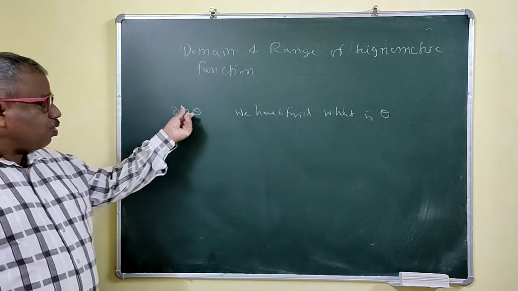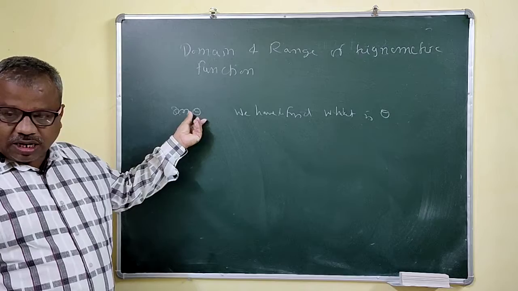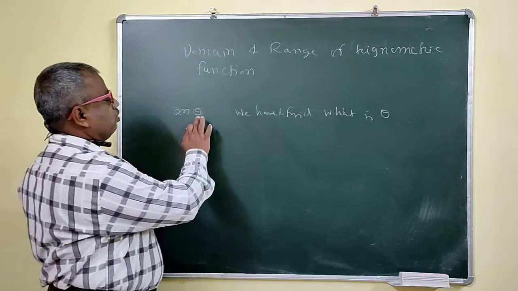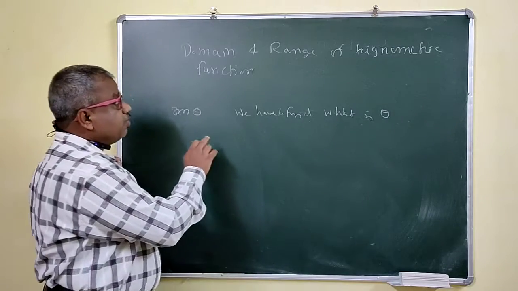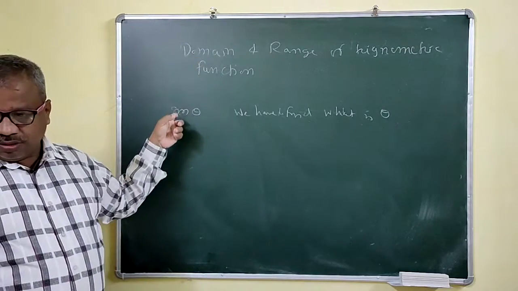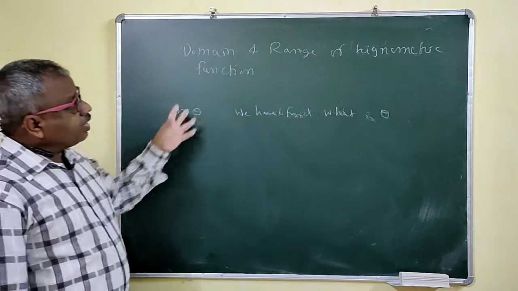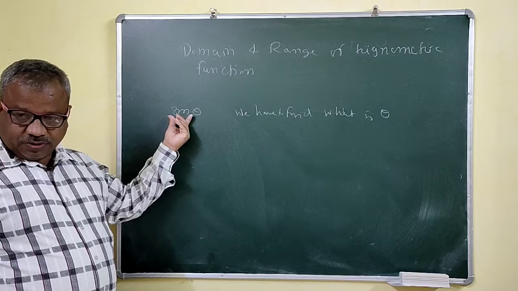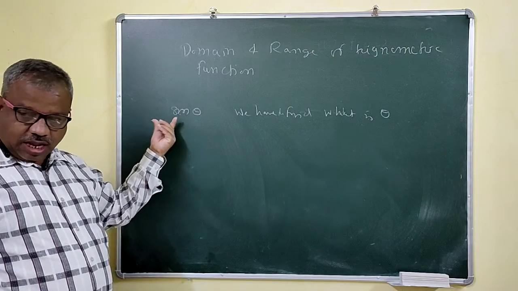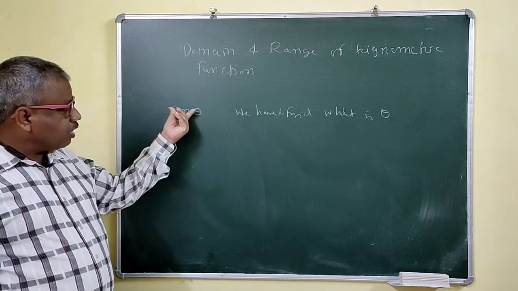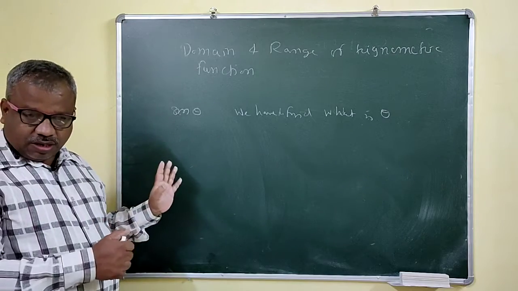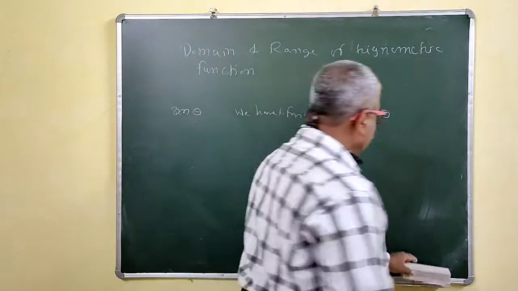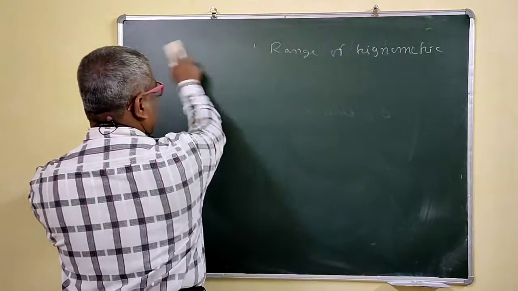But that means for what value of theta your sine will exist. Right? So that values of theta are nothing but your domain of the sine theta. Right? And range of the sine theta means where this value sine theta lies. That means minimum value and maximum value. So sine theta lies between some numbers. You have to find that one. That will be your range. Right? So we will find the domain and range of